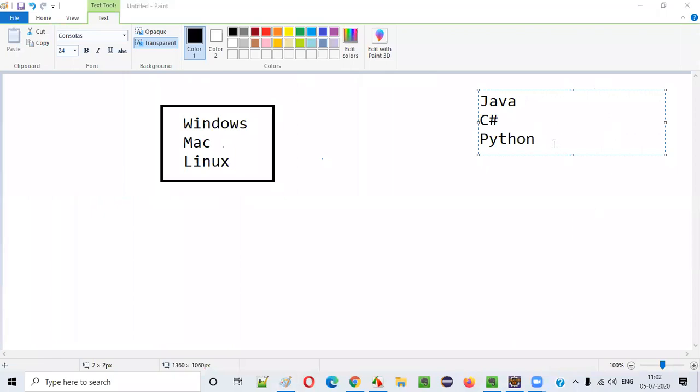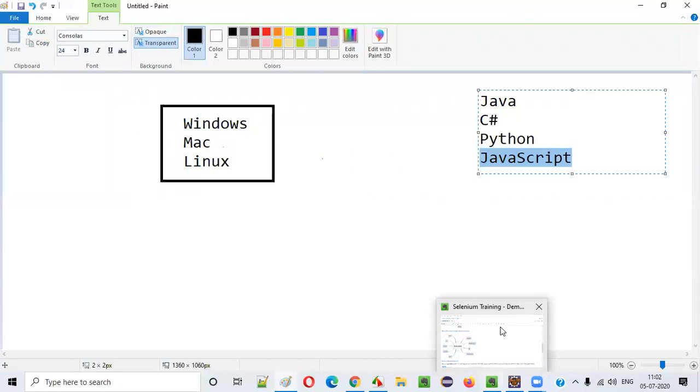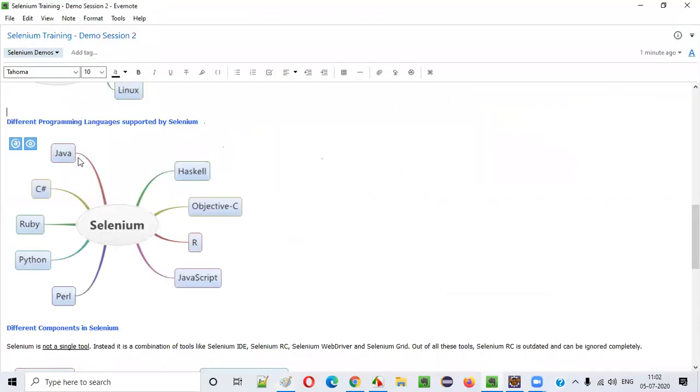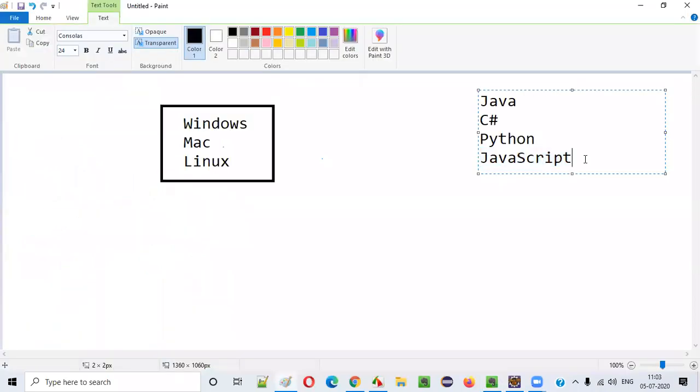Nowadays, one more thing is JavaScript, which is also in very good demand. Don't underestimate JavaScript, the power of JavaScript. Some projects that want extraordinary results are going with JavaScript too. So all these are powerful languages. Haskell no, Objective-C no, R no, JavaScript already covered. Then coming to Java, C Sharp, Ruby is the other one, guys. Compared to these four, Ruby is a bit less, but it is also being followed.